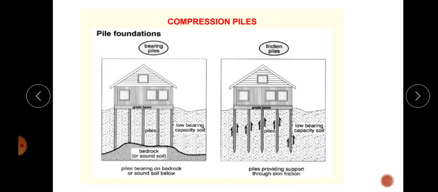Okay, so this figure shows an end bearing pile, that is load is transferred finally into the bedrock, and here it is pile driving support through the skin friction. Okay,